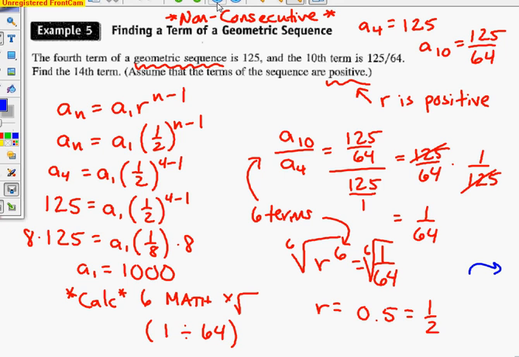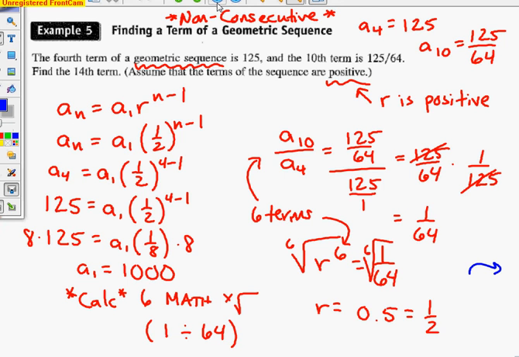So just to review one last time, take the two terms you get, divide them. That'll give you some sort of the ratio, but it's to some power. That power is the number of terms in between them. So to find the common ratio between consecutive terms, you must take that root of how many terms there are in between the numbers they give you. So again, between 4 and 10, there are 6 terms. So we take the 6th root of that ratio, and that comes out to be your common ratio of r,